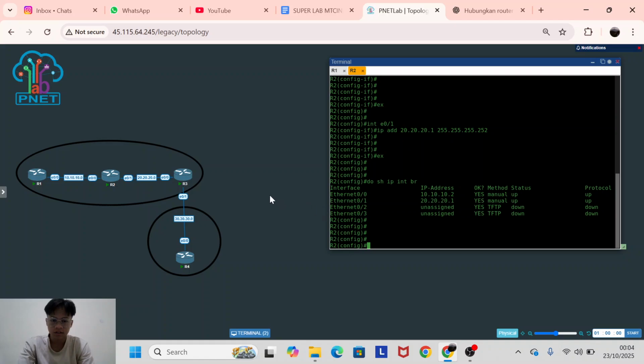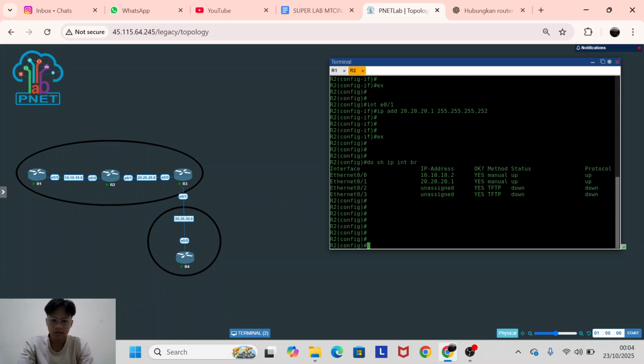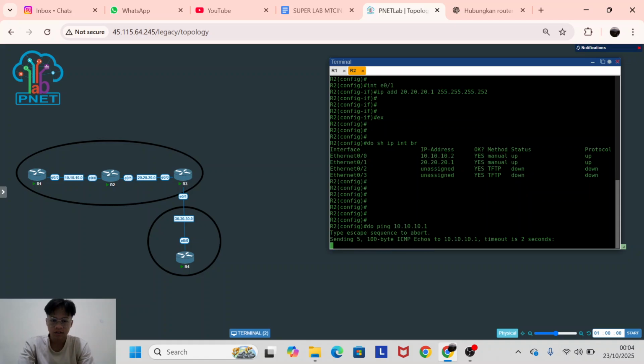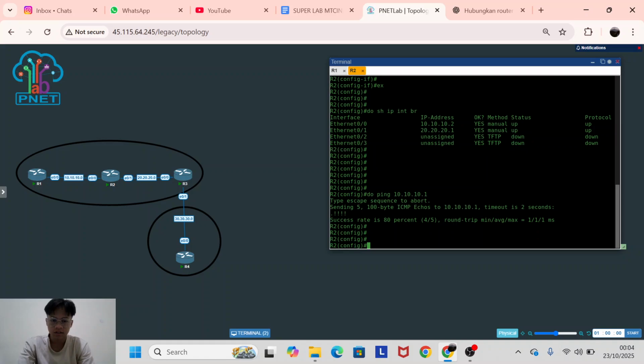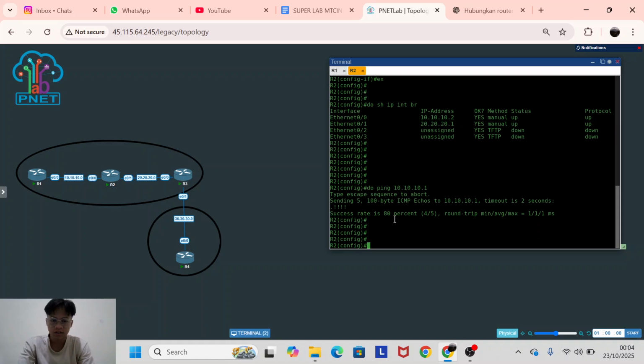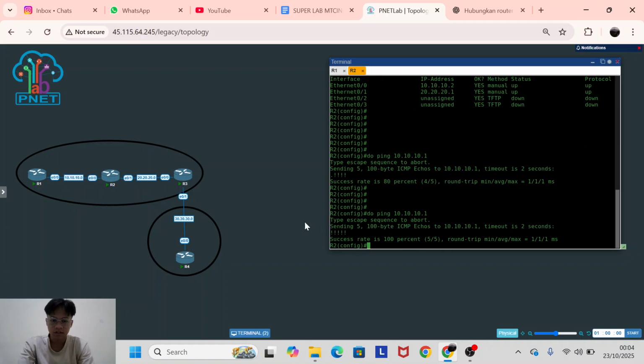Now you can try to ping router 1. It gets 80%, you can try it. Okay, now it's 100.